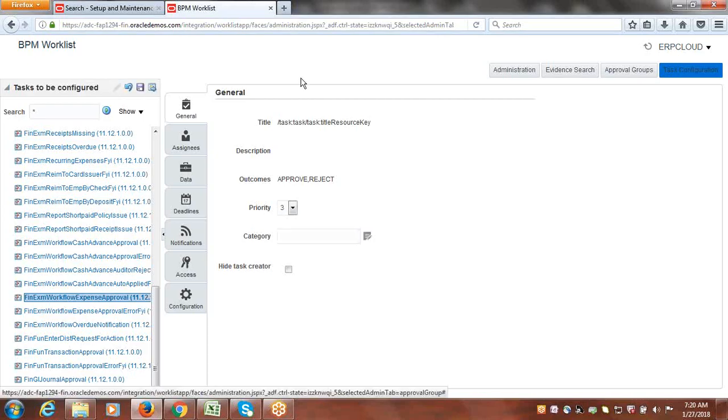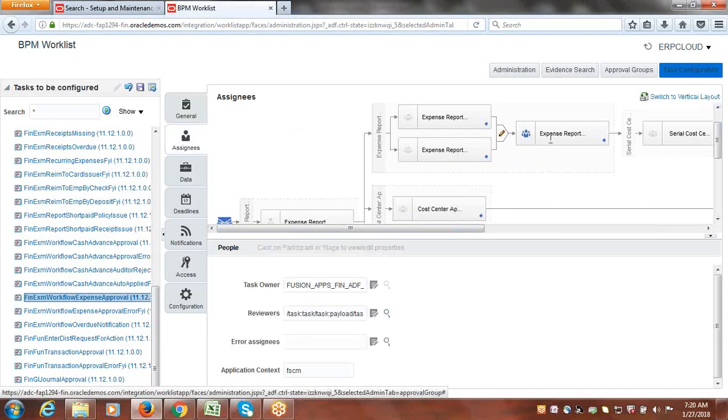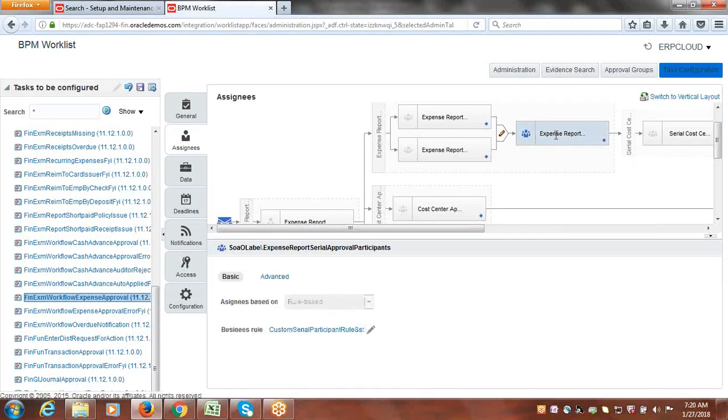Just click on edit. Again, go to assignees. Now we just disabled all the nodes except one node. We'll proceed with this node, expense report. So select, then click on